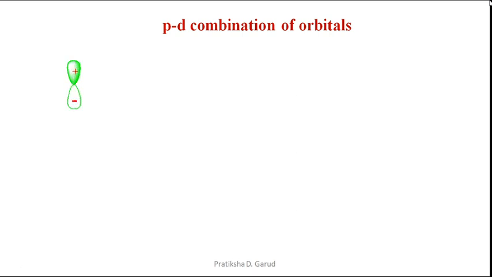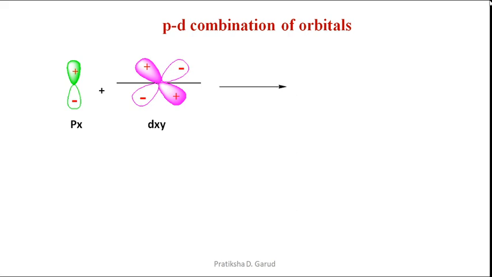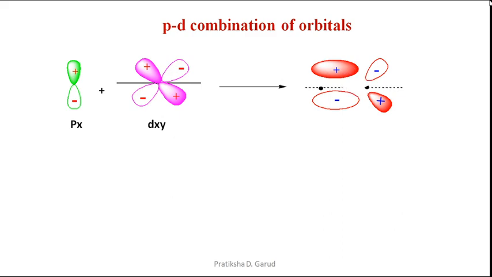So we are having the first orbital, which is a px orbital, which undergoes overlapping with the d orbital. The d orbital is, suppose, dxy. So we are having the combination of the px and the dxy. Now here in this combination, in the overlapping, they are having the same sign. So we are having a resultant, that resultant will be a larger resultant. There will be overlapping between the plus sign and the minus sign, so we are getting the formation of a nodal plane between the opposite sign, and that orbital is called the bonding molecular orbital, which has the symbol pi.